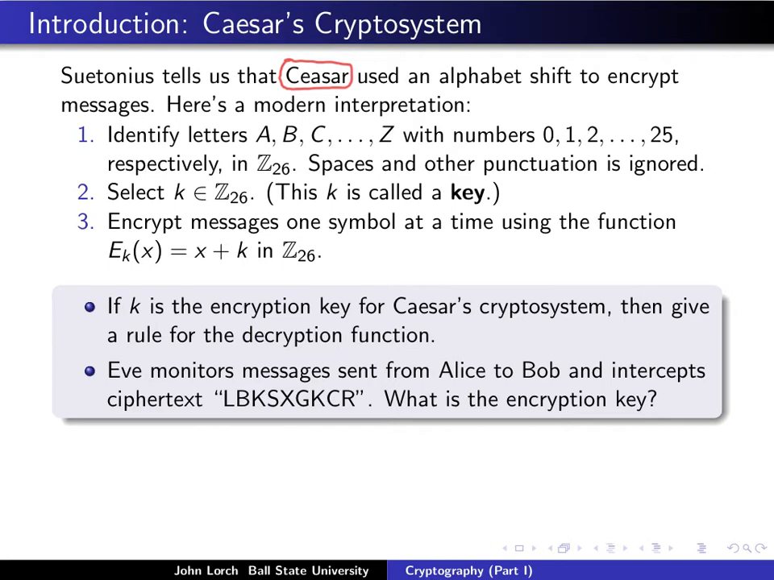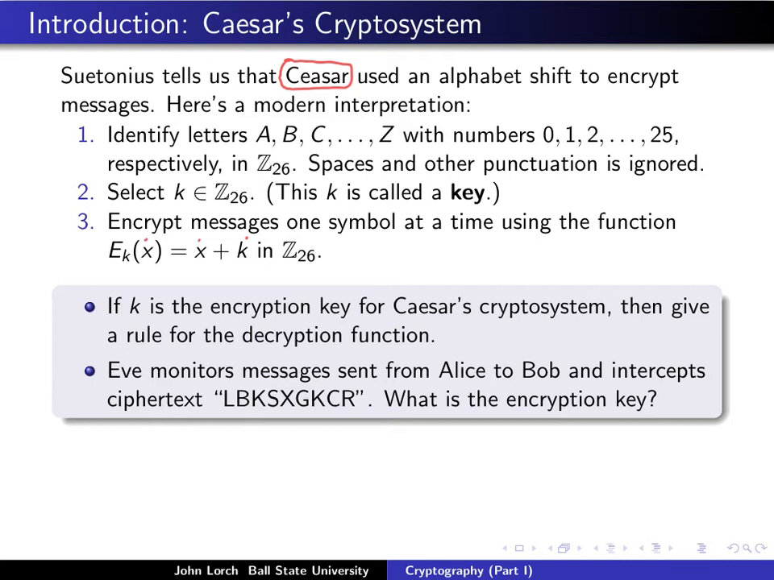We then select a key, an encryption key, which is a special element of Z26. And to encrypt a message one symbol at a time, what we do is we take a letter, we identify it with its appropriate number, X, and then we just add K to that number inside of Z26 to get the encryption. So here we have a couple of exercises involving decryption, right? That is how to take a piece of ciphertext, that is an encrypted message,